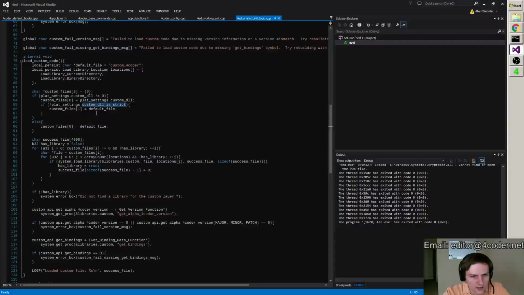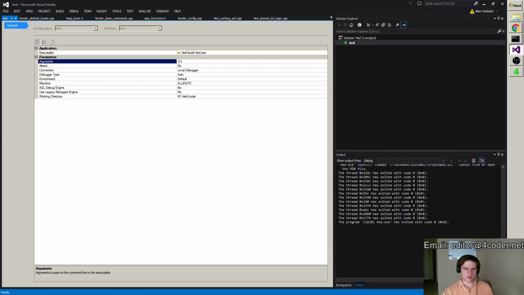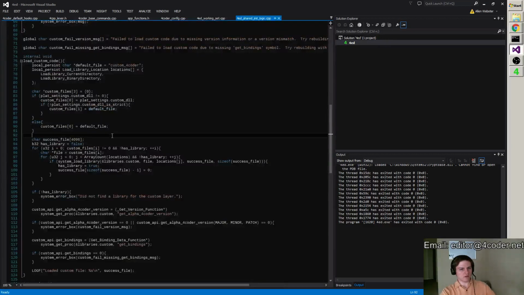Use the -D flag, and it will set that for you. So it'd be like C, the full path to the 4coder binary, then 4coder custom DLL. So that's one option. If you do that, then it will only use this DLL. It won't go loading anything else. Short of that, I can't exactly say what else you could do. I could reorder these to try binary first, but maybe I don't want it doing this. I don't know.